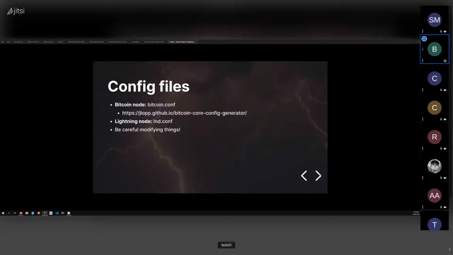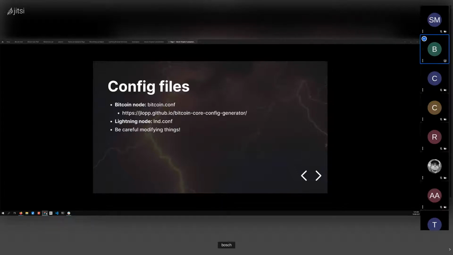Config files, so this relates to Bitcoin and Lightning Network nodes. When you run a Bitcoin node and a Lightning Network node, you have a config file. For a Bitcoin node, it's called bitcoin.conf. When you download, say, Bitcoin Core with the GUI, if you go into the files where your wallet files are stored, there'll be a file called bitcoin.conf. And you'll be able to set a wider range of parameters and configure how you want your